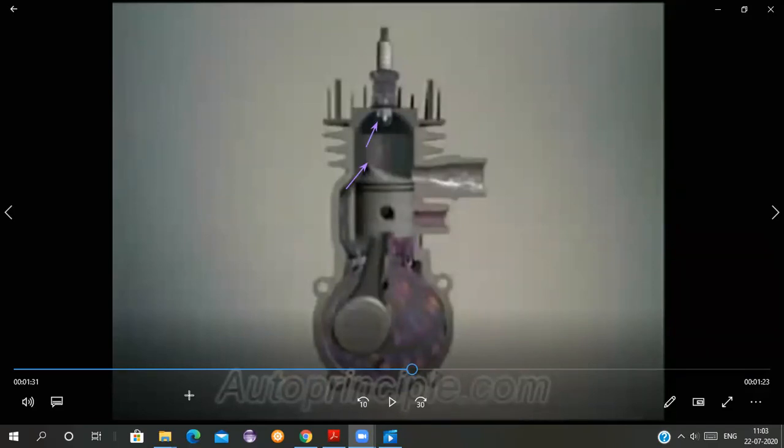As soon as the speed of the flywheel increases compared to the starter motor speed, there is a mechanical mechanism. There are no sensors and all. The starter motor is rotating the flywheel, so as soon as the flywheel speed increases because of the power strokes compared to the starter motor speed, which is run by the battery, the starter motor is run by the battery. So as soon as that speed increases, what will happen?